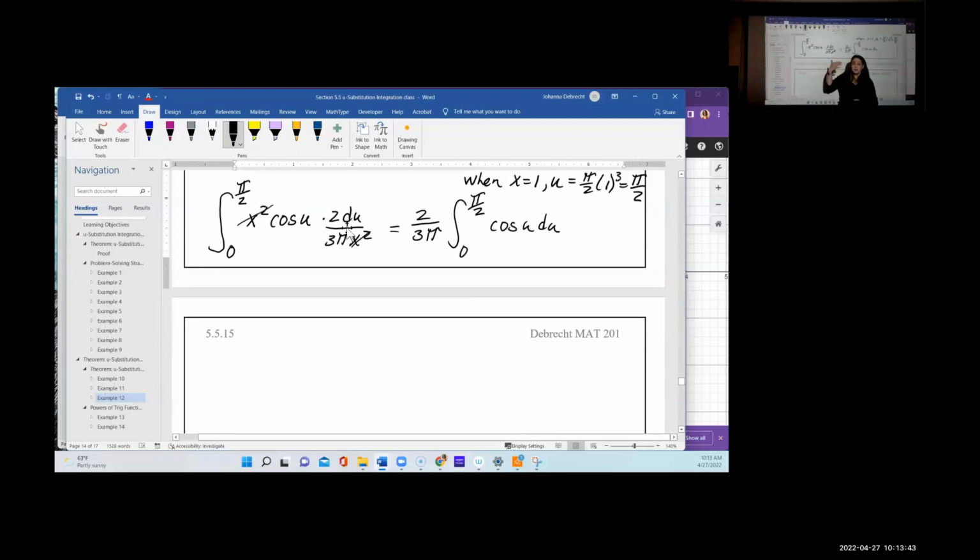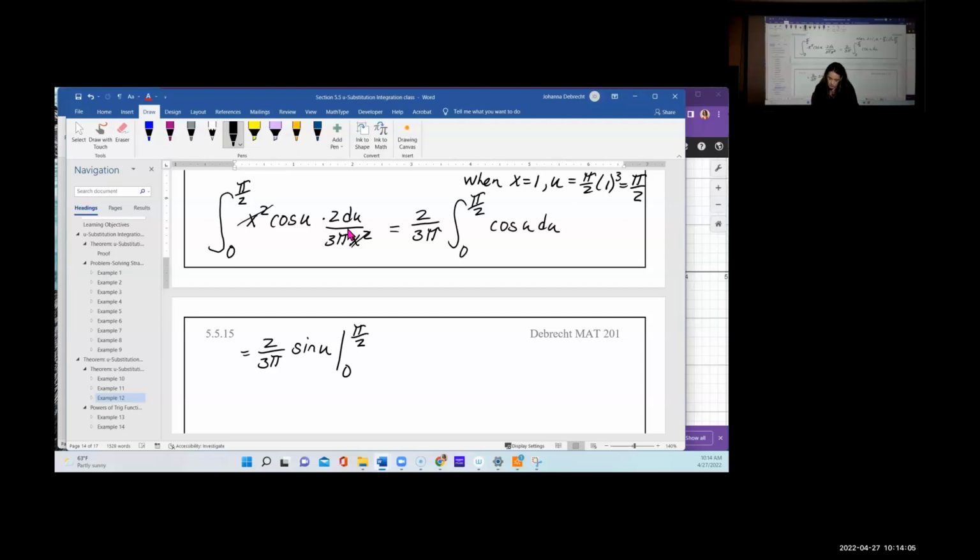I took the derivative of something and got cosine. What's the antiderivative of cosine? Sine. Excellent. So this gives me 2 over 3 pi, the sine of u,